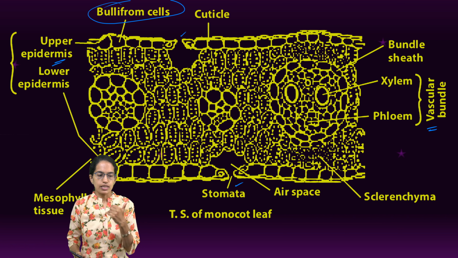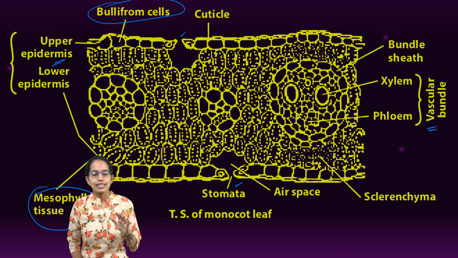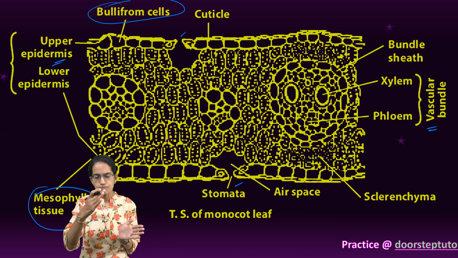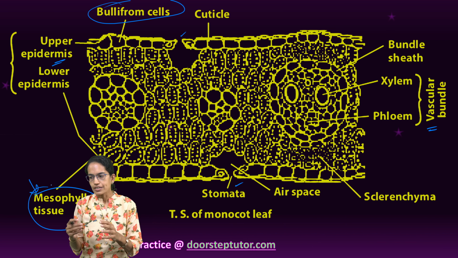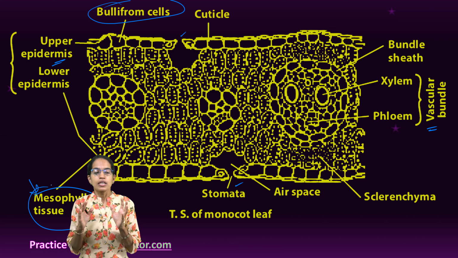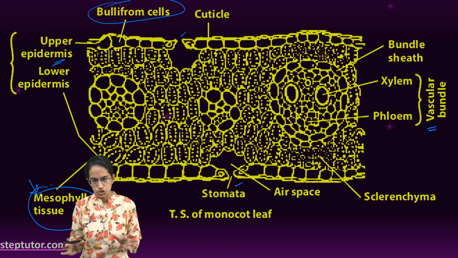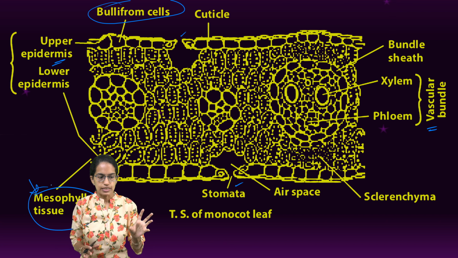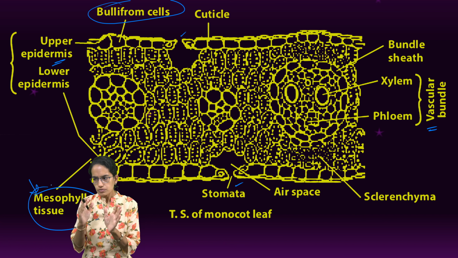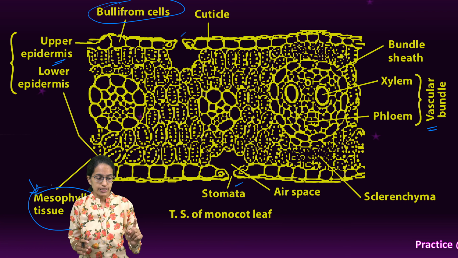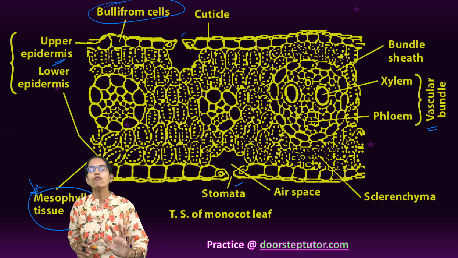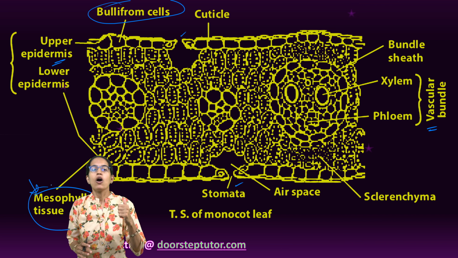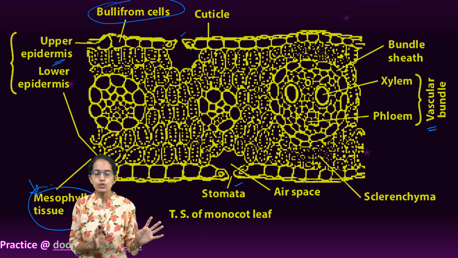The next important thing is the mesophyll. Now in the mesophyll, there is no differentiation between palisade and spongy parenchyma. These mesophyll cells are chlorenchymatous in nature. They are isodiametric and irregular in shape. That's one of the major characteristics we have for mesophyll tissue. Another important characteristic of mesophyll tissue is that it resists the attack of any microbes or the case of drought. This is one which saves the plant.